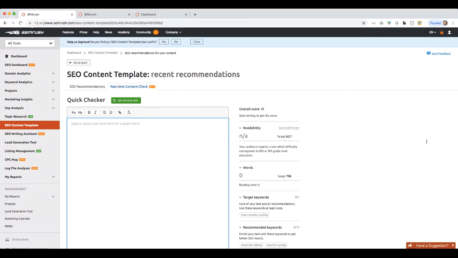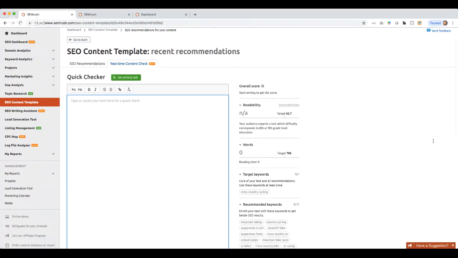I do see there's a question in the chat about Yext. I will answer it here in 1 second. It's a great question. In the content checker here, so now I have this template dropped right into the content checker. The content checker is available within SEMrush. It's available within Google Docs, or it's a WordPress plugin as well. It will grade my content in real time based on